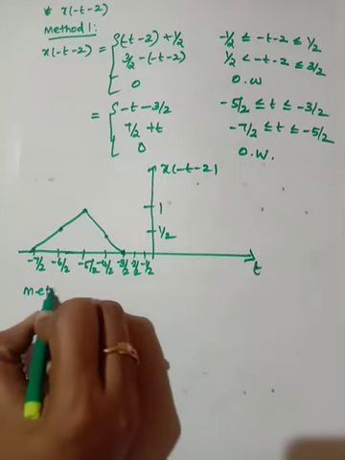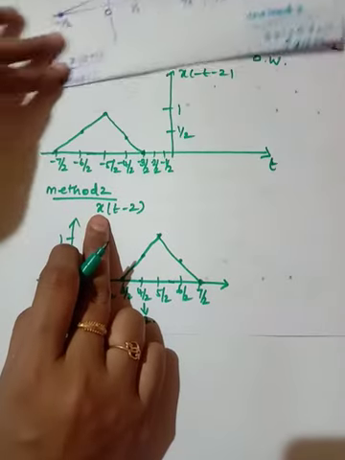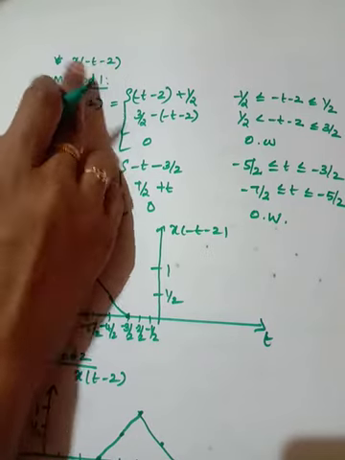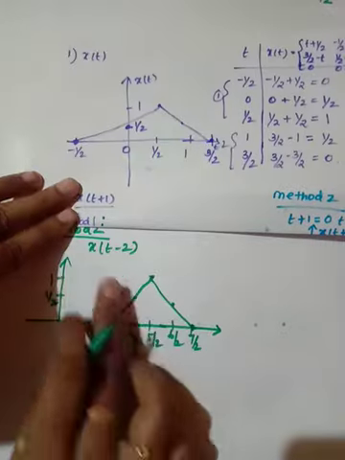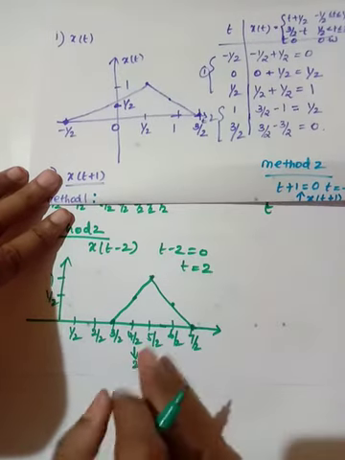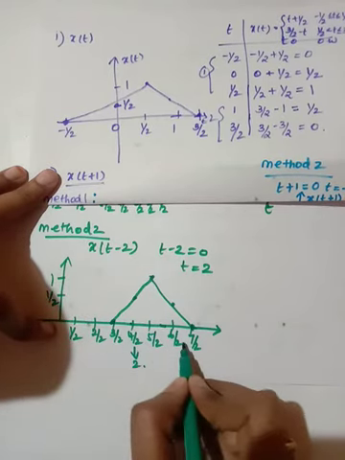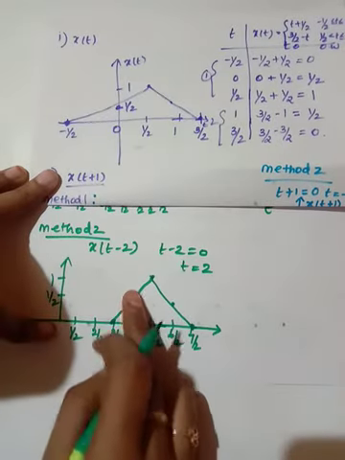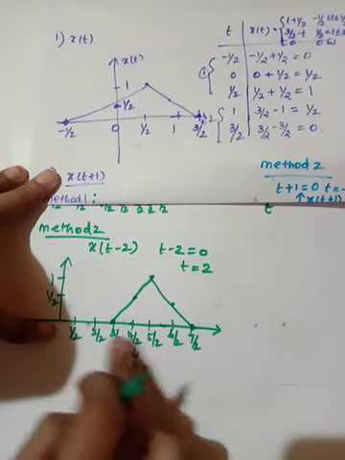Now we will see this using method 2, direct visualization. In order to perform x of minus t minus 2, first I need to perform shifting, so I am going to consider x of t minus 2. Now consider this one, x of t minus 2. Here I need to make it 0 at t equal to 2. I have scaled it 1 by 2, 2 by 2, 3 by 2, 4 by 2, 5 by 2, 6 by 2, 7 by 2; 4 by 2 is 2. So the origin value is 1 by 2, and I have plotted 1 by 2. The previous value is 0. Then 1, 1 by 2, 0. So I have marked this.